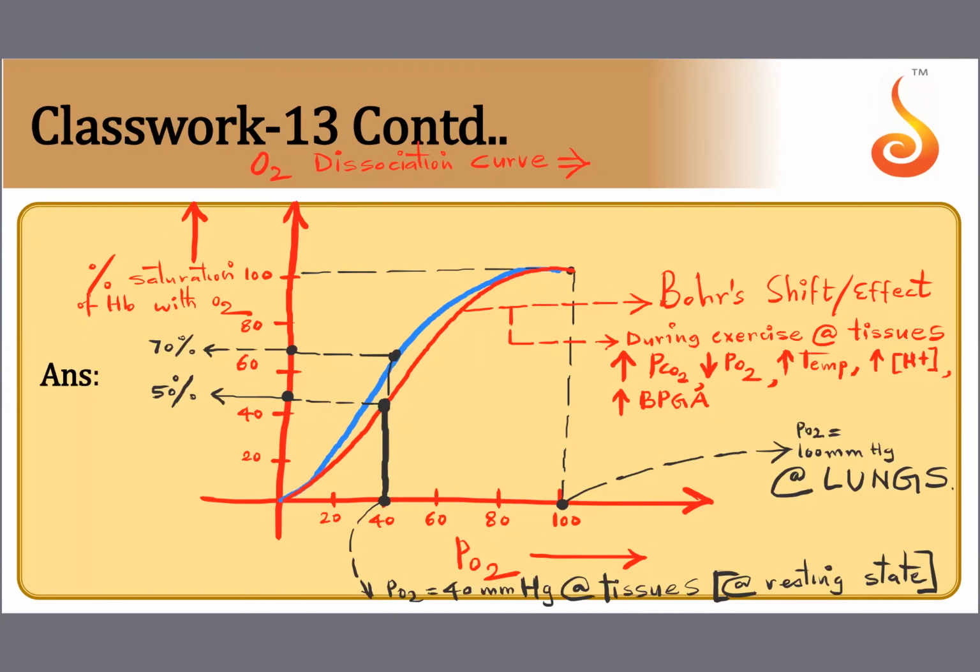What is it suggesting? This fall in saturation is suggesting that, answer my question, listen carefully. When you are not exercising, at your tissue, 70% of hemoglobin were in love with oxygen. But now when you are exercising at your tissue, 50% are in love with oxygen. 50% of them have fallen apart from oxygen. This is good. What does it indicate? Does it indicate less oxygen is getting delivered to your tissue, or more oxygen is getting delivered to your tissue? Answer my question. What does it indicate? Yes, it indicates that more oxygen is getting delivered.